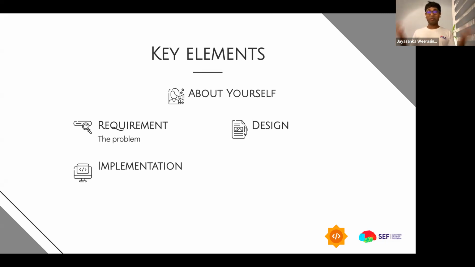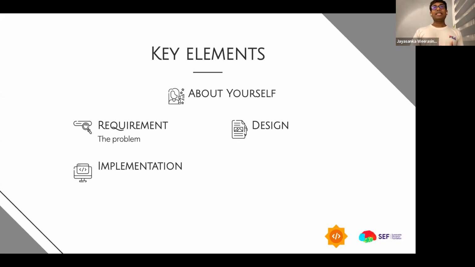Otherwise you can't write a proposal. Then you can document all your findings. Maybe you can identify the stakeholders who are going to use this system, what their goals are, and document them. Maybe you can use some diagrams and try to identify the functional requirements and maybe non-functional requirements, and try to prioritize them, and so on. Basically you need to try to understand the problem, and also demonstrate your findings there.